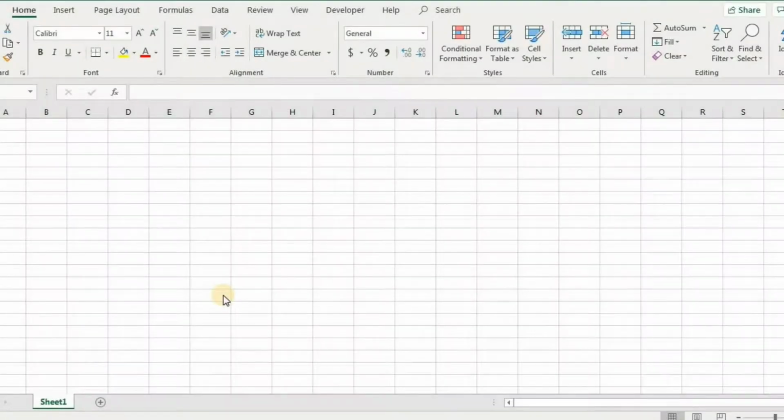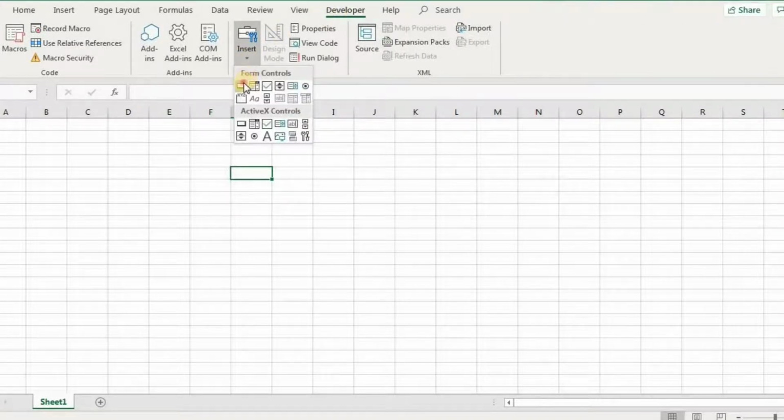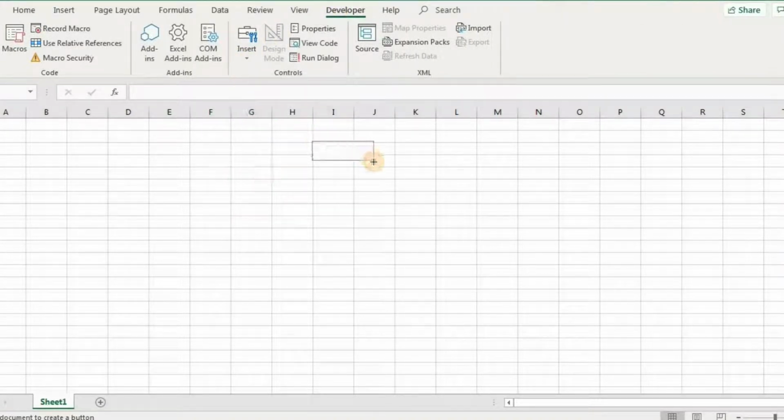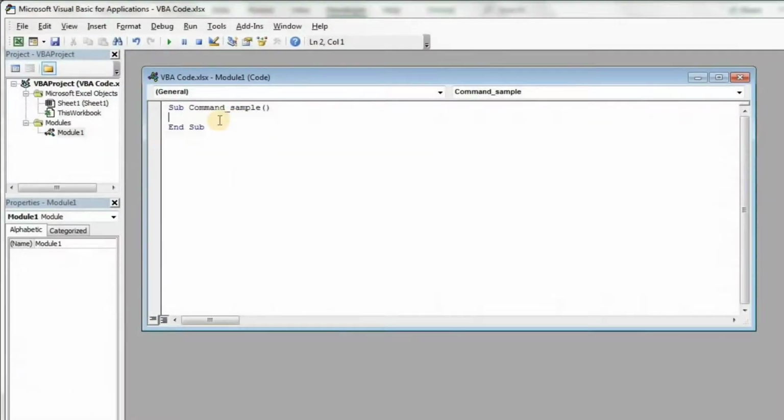Okay, let's see how comments, message box and input box all work with the help of macro code. I hope everyone has enabled the developer tab here. If you have already enabled it, just click on the developer tab and insert a command button here. These are the things that I already explained in the previous lecture. It will ask for the macro name by default. I am writing it as commands underscore sample new, and it automatically directs to the macro code VBA editor.